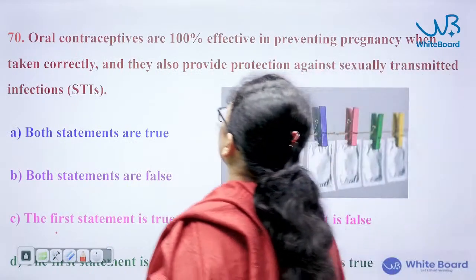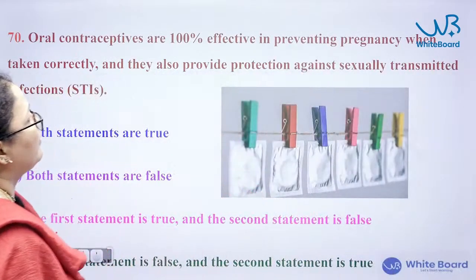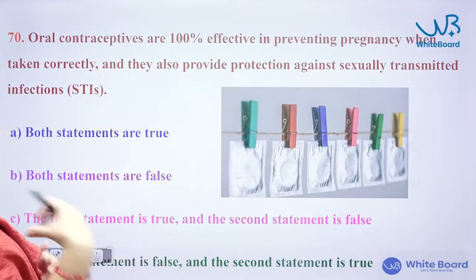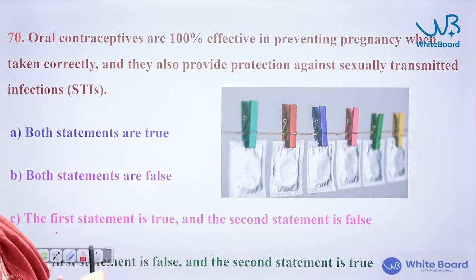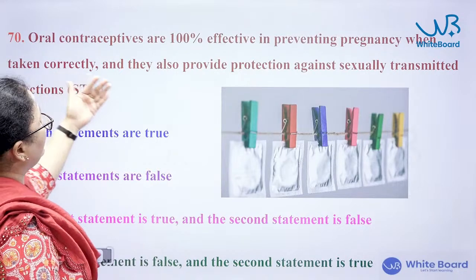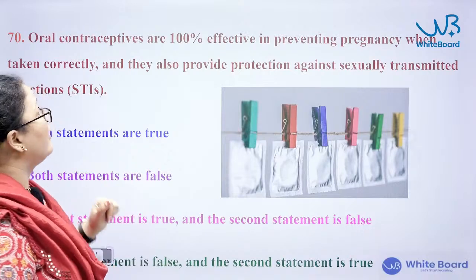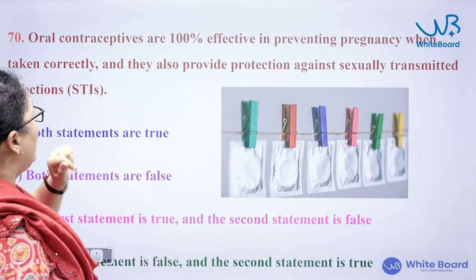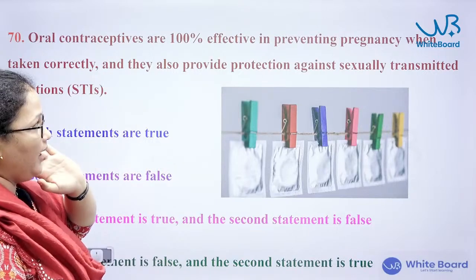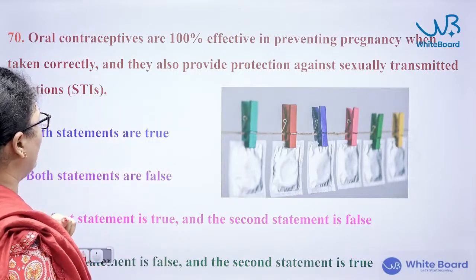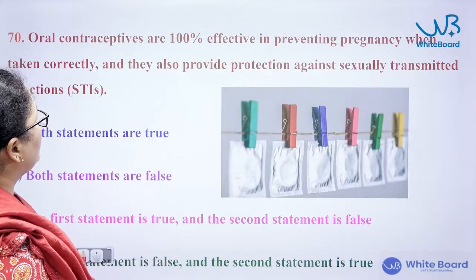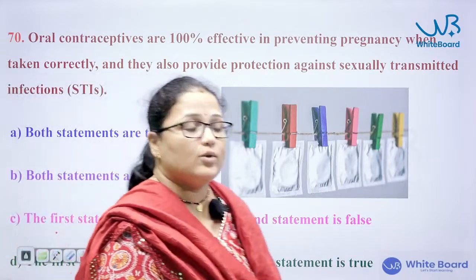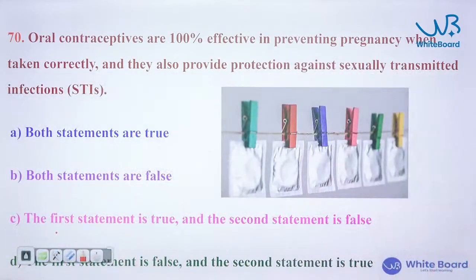Oral contraceptives are 100% effective in preventing pregnancy when taken orally, and they also provide protection against sexually transmitted infections. So, the first statement is correct and the second one is correct. Okay. So, contraceptives are effective in preventing pregnancy, yes, and they also provide protection against sexual transmission. Okay. So, coming to the correct answer for this question, 78th question,